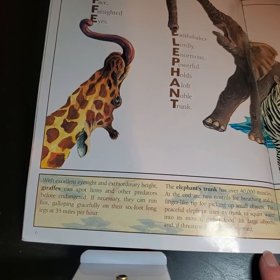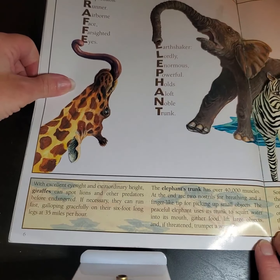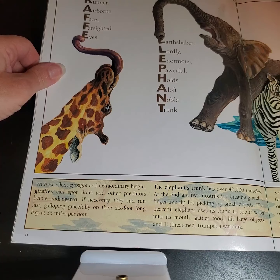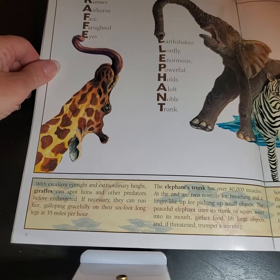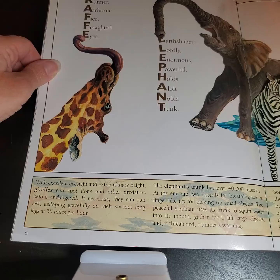The elephant's trunk has over 40,000 muscles. At the end are 2 nostrils for breathing and a finger-like tip for picking up small objects. The peaceful elephant uses its trunk to squirt water into its mouth, gather food, lift large objects, and if threatened,